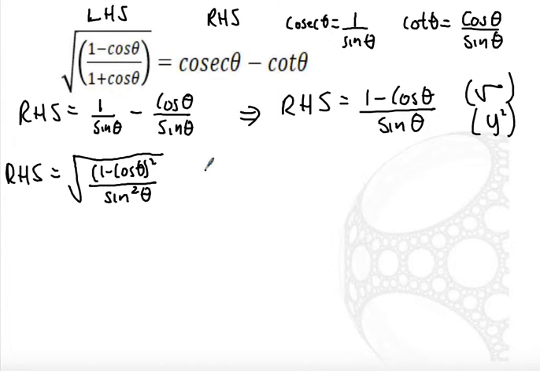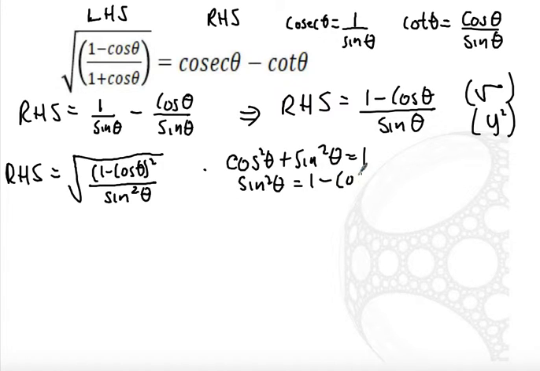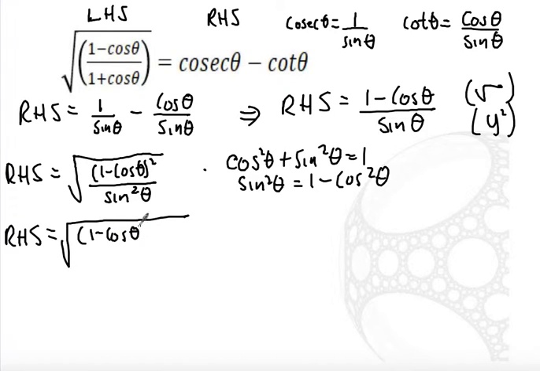Now, if I use that cos squared theta plus sine squared theta equals 1, the original Pythagorean identity, and rewrite this as sine squared theta equals 1 minus cos squared theta, then I can rewrite this right hand side. First of all, I'm going to rewrite the top as 1 minus cos theta times 1 minus cos theta, because that's what 1 minus cos theta squared means. Underneath, I'm going to write 1 minus cos squared theta. It's not obvious why I do this at first, but now,